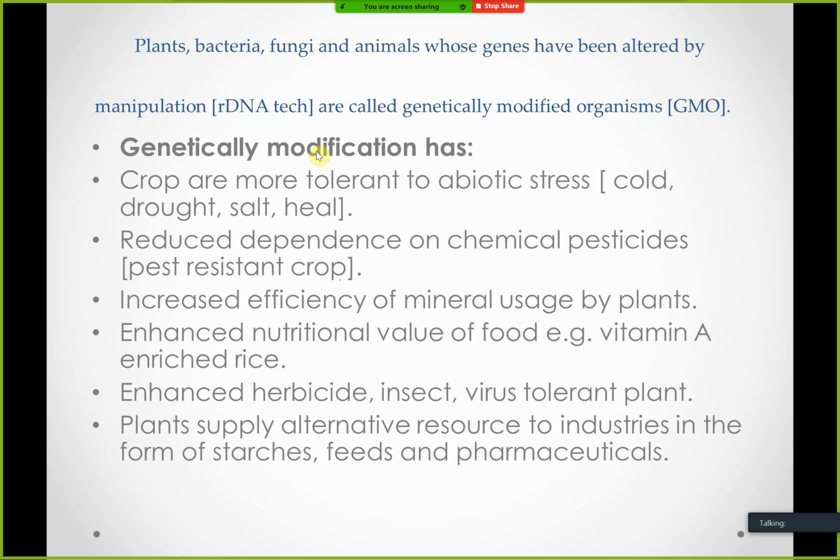Also, the genetically modified plant can reduce the dependence on chemical pesticides. Instead of using chemical pesticides, the plant has an inbuilt pesticidal property which can reduce the pest, and increase the efficiency of mineral usage by the plant. The minerals are present in the soil, but these minerals are unable to be taken up by the plant because there are two types, micro and